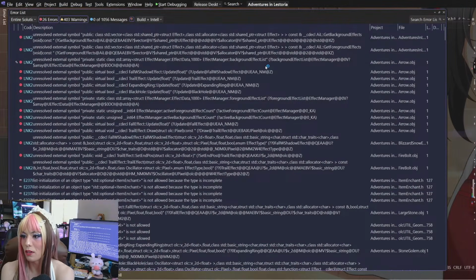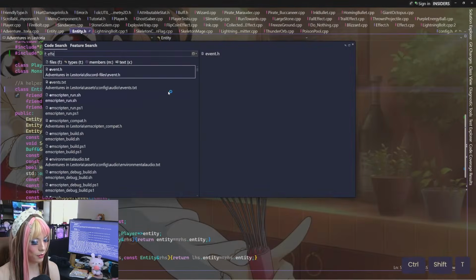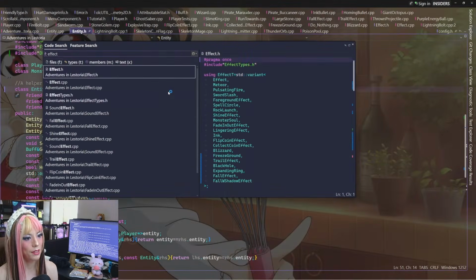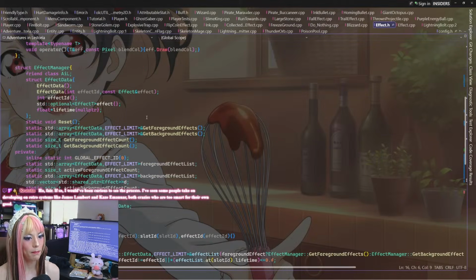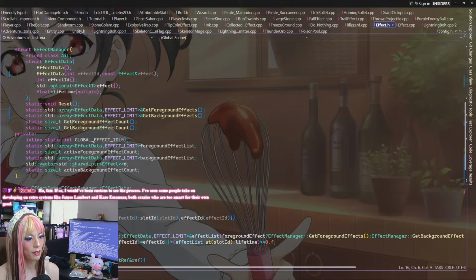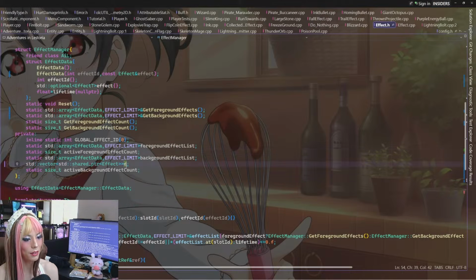Effect manager background list is static, so it's supposed to be initialized elsewhere. Effect manager. My guess is that I did not inline them, but I should. Let me see. Also, what's this D? Why, what?